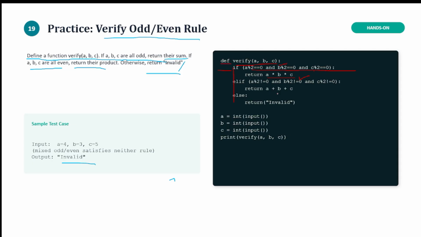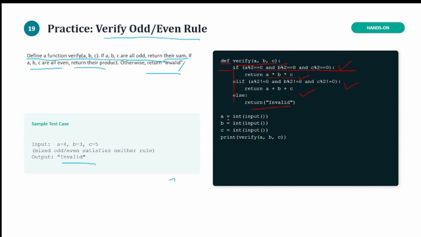Okay, if the numbers are even, we are going to print the multiplication of all three numbers. If the numbers are odd, we are going with the addition of all three numbers. And after that, at the very last, if the numbers are a mixture of odd and even numbers, then we are going to print invalid. So that's why in the else block, you can see that we are going to return